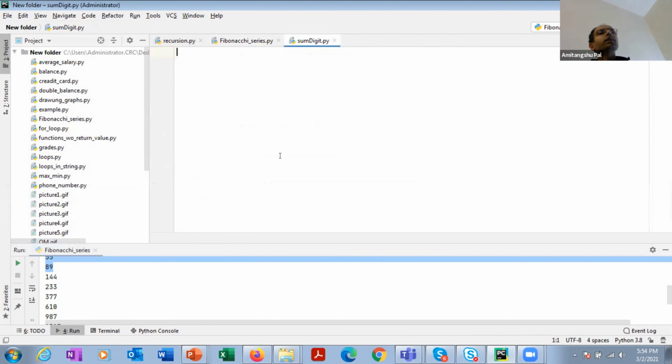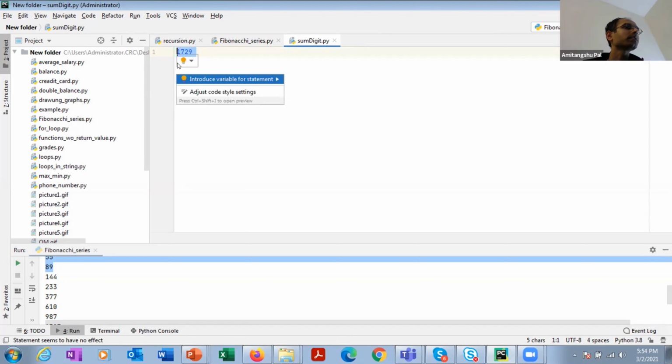Okay, so I'm going to first write the function in a general format, and then I'm going to convert it to a recursive function. What I am trying to do is take a number, say 1729, and write a function that is going to take this number and return the sum of the digits of this number, which is 1 plus 7 plus 2 plus 9.